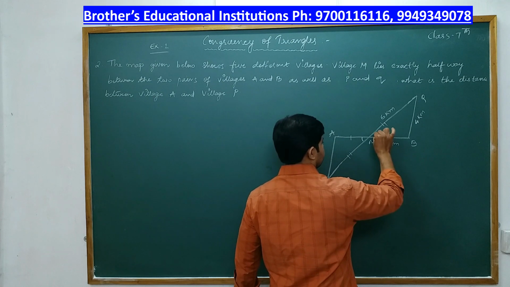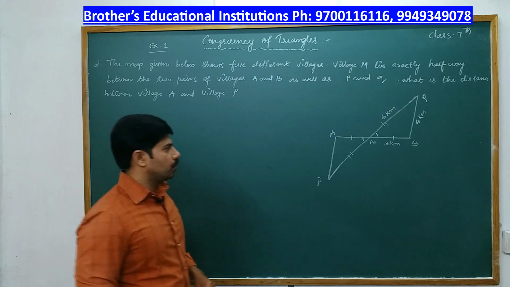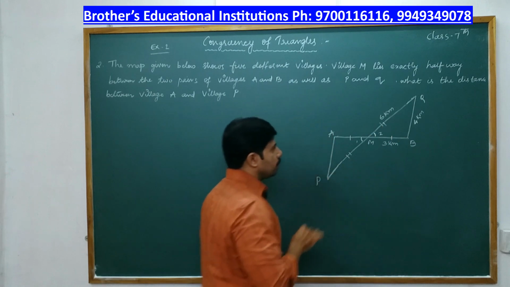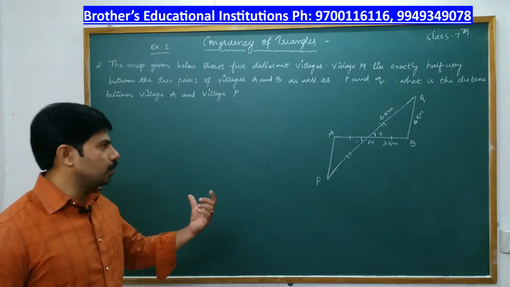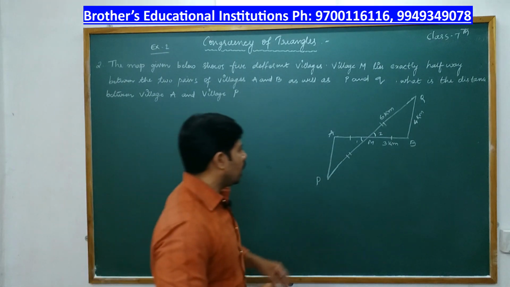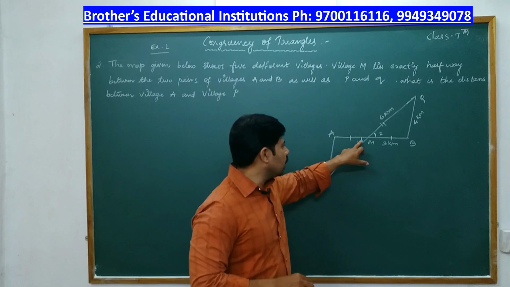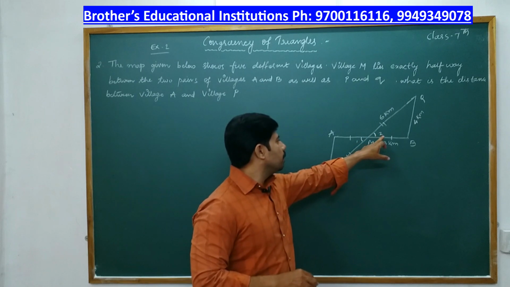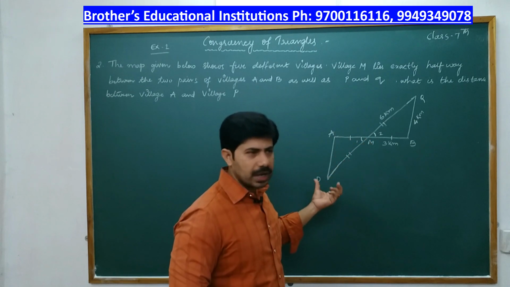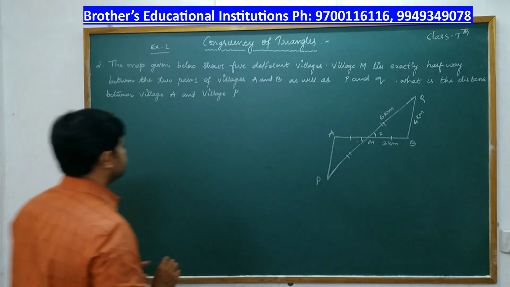Now angle AMP and angle BMQ, I am representing as angle 1 and 2, are equal because they are vertically opposite angles. See, now we have AM is equal to MB, the included angles AMP and BMQ, and after that PM is equal to MQ. We say the two triangles are congruent, then BQ is equal to AP. So now we write